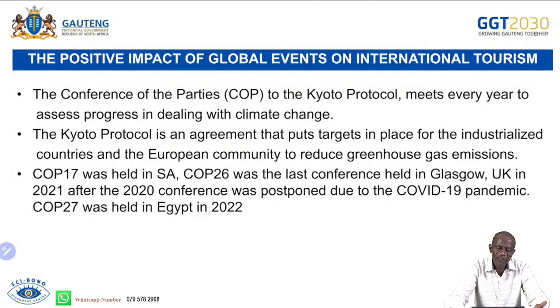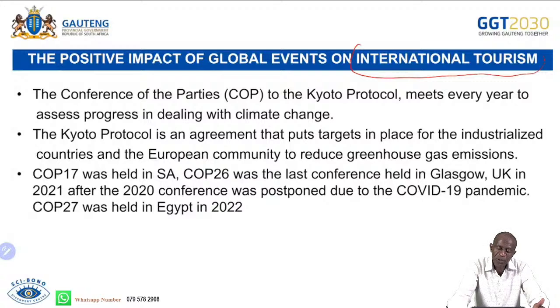Now, let's look at the positive impact of global events on international tourism. The impact here, we are referring to the pros and cons, how it affects countries of the world. Hence, we are referring to international tourism. So firstly, the Conference of Parties, that is COP. We have given examples of COP26 and COP28 that happened in Italy and the United Arab Emirates,